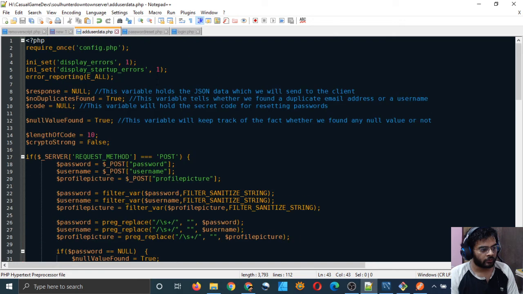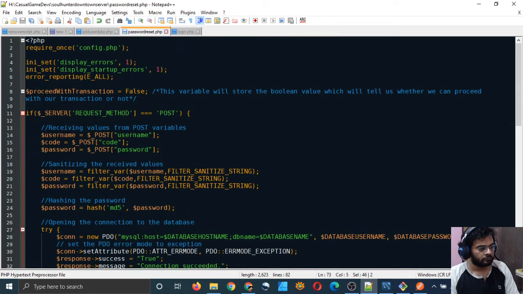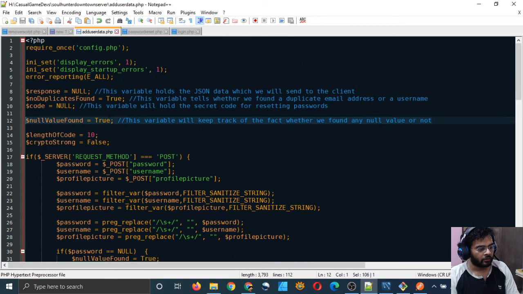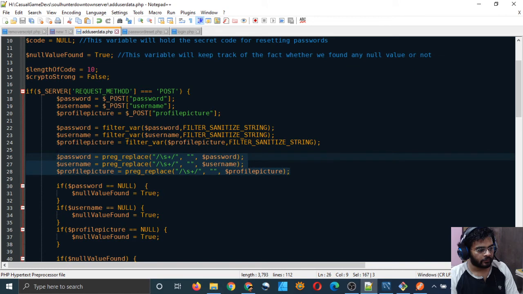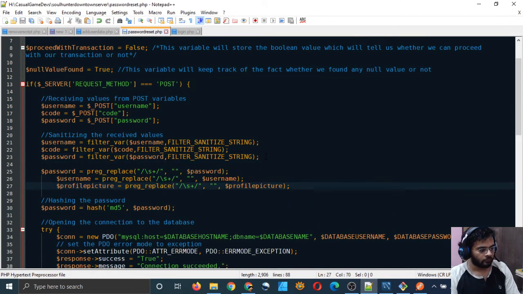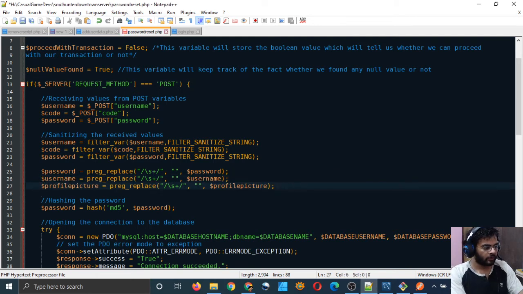So let's do it. First of all, just copy this variable and paste it here, and copy these three and paste it here. We are receiving password, we are receiving username in this file, and we are also receiving code. So I will just put code here.